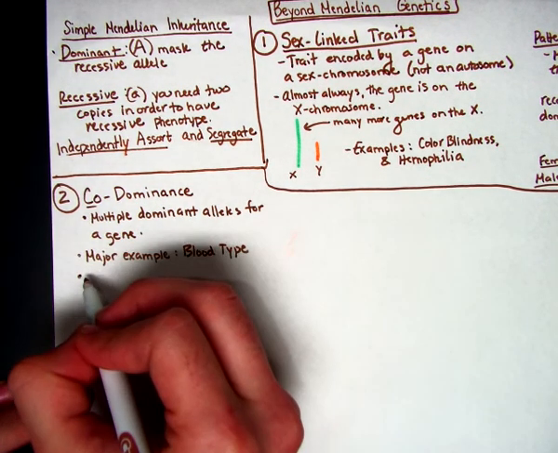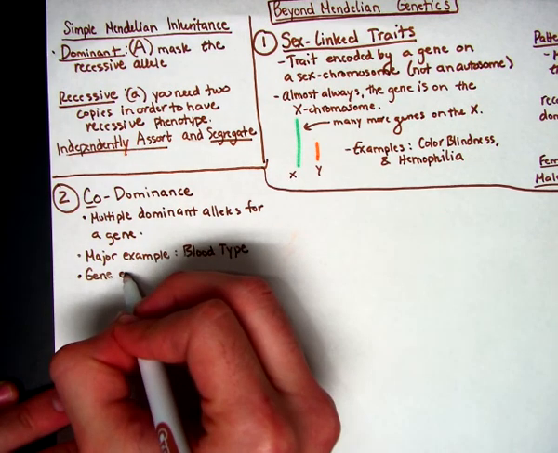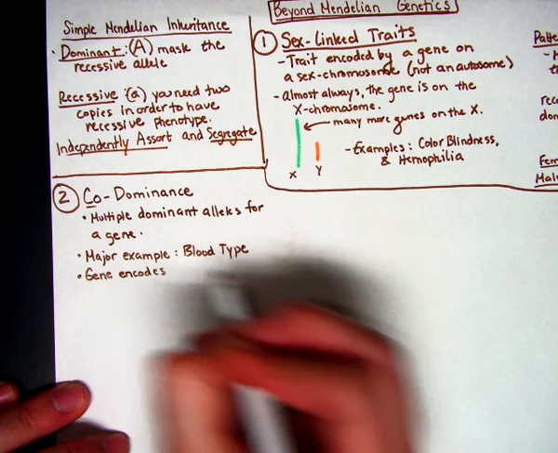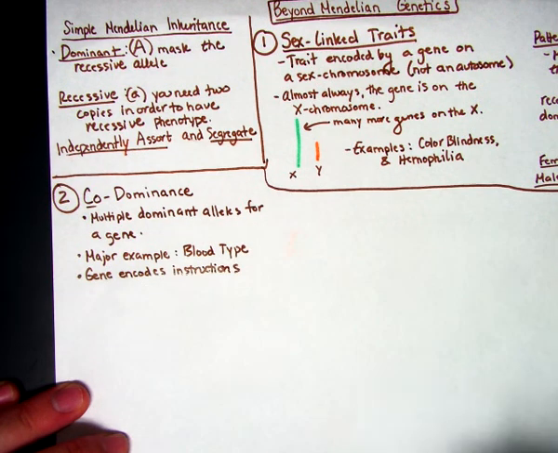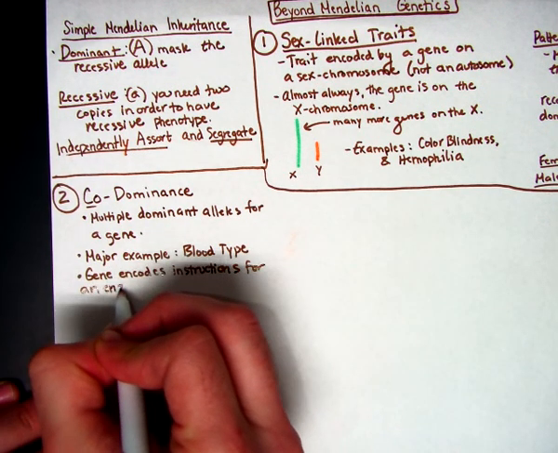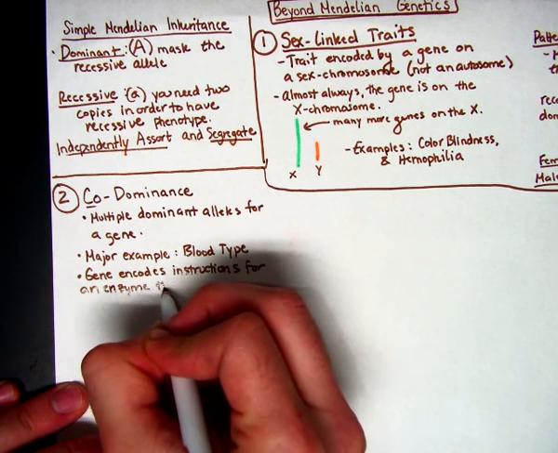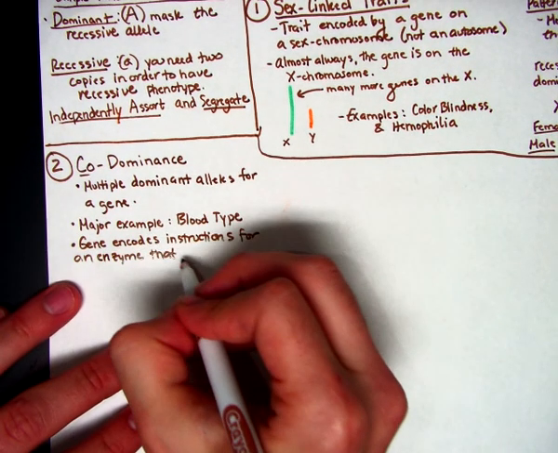Okay? And the gene for blood type encodes instructions for an enzyme whose job it is to catalyze a reaction that adds